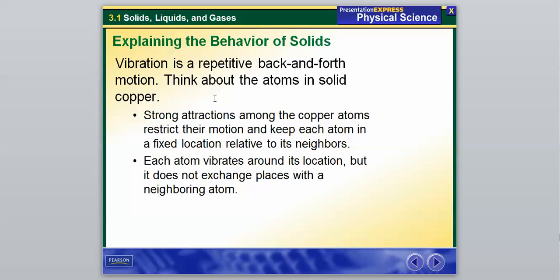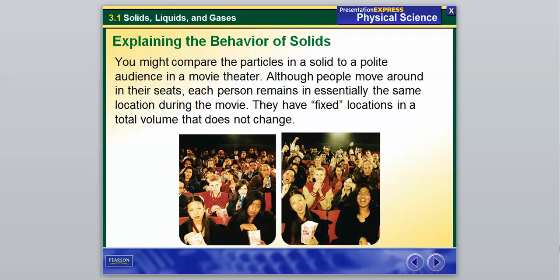And so each atom is able to vibrate around its location, but it does not exchange places with a neighboring atom. So there is some motion going on in there. However, it is not going to flip-flop and change spots because they cannot, since there is such strong attraction among each particle. And to wrap it up, to explain the behavior of solids, you might